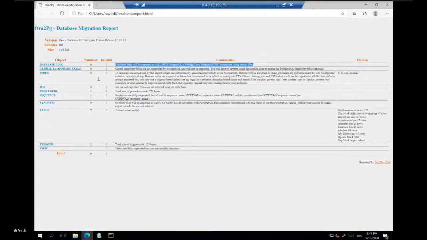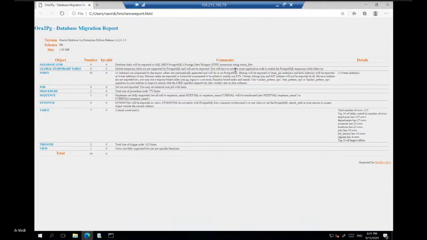For example, if it's a DB link that you're using, you can always export it to Oracle as a foreign data wrapper using Oracle_FDW. If it is a global temporary table, by default Postgres does not support it, but you can rewrite some of the application to match the temporary table behavior of PostgreSQL, or you can use things like unlogged tables in PostgreSQL.